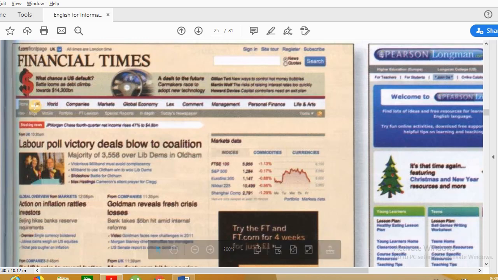If you click on that tab, that tab is titled UK. If you click on that tab, you will get news or economic news related just to UK. Here this tab is named World, and most probably if you click on it you will get information from all over the world. This tab is dedicated for news of companies, and this tab is for market news,